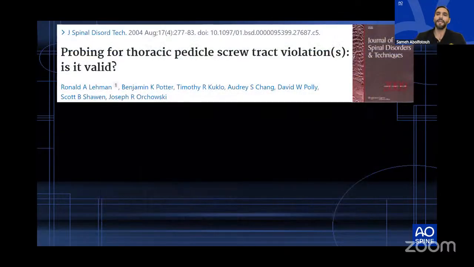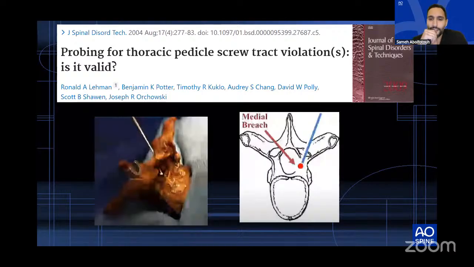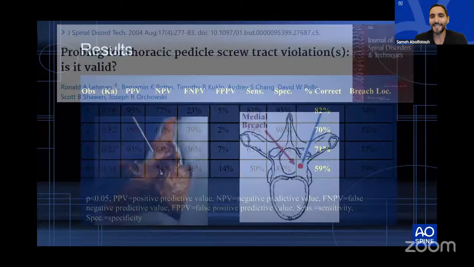So David Pauly, who just retired last year, an amazing surgeon and a friend to the majority of you, I'm pretty sure, wanted to know why we miss that much whenever we're placing pedicle screws. He conducted a study where he got cadaveric vertebrae and created an iatrogenic breach in the medial wall of the pedicle. Then he asked all his staff, including junior residents, senior residents, fellows, junior attendings, and senior attendings, to probe that pedicle, right? Let's take a look at the results here.